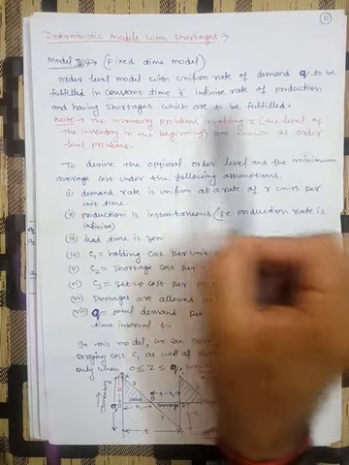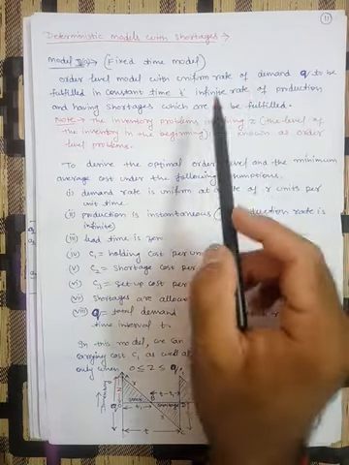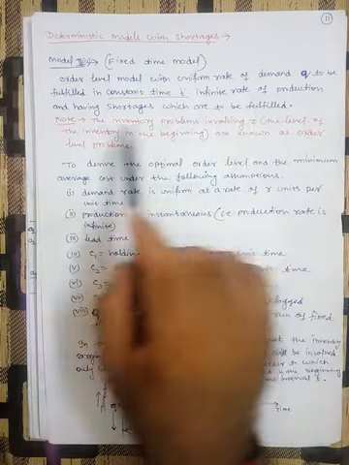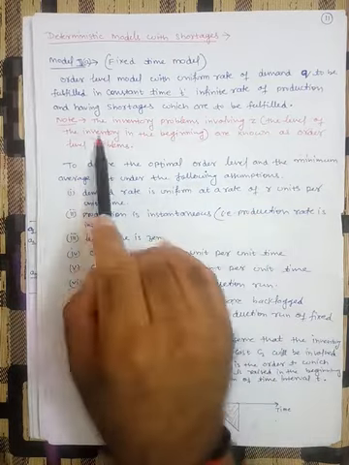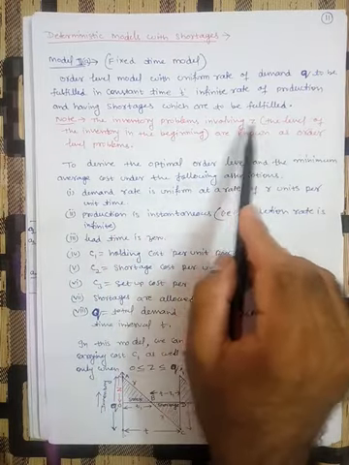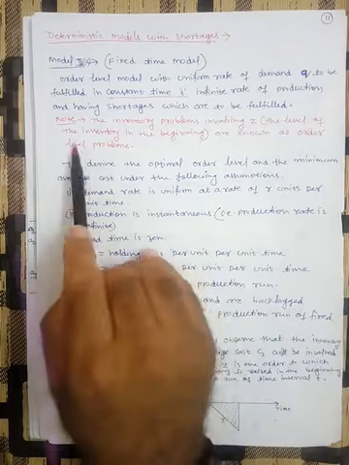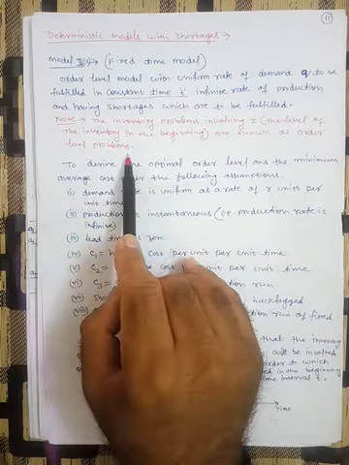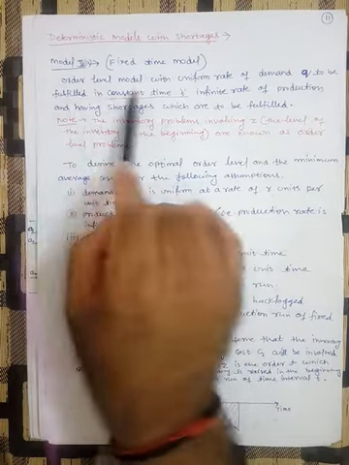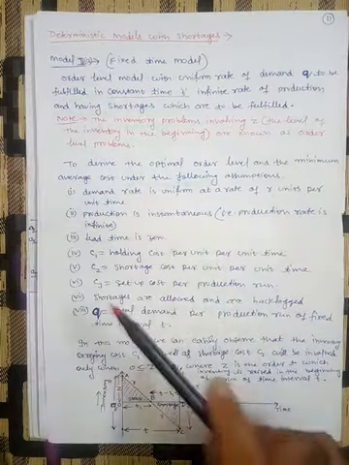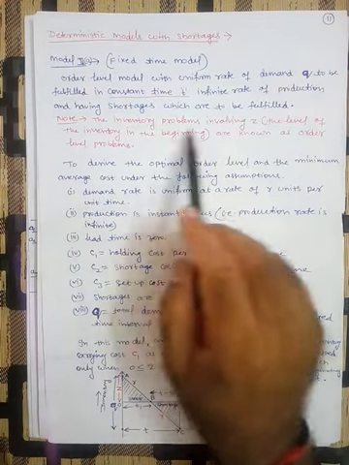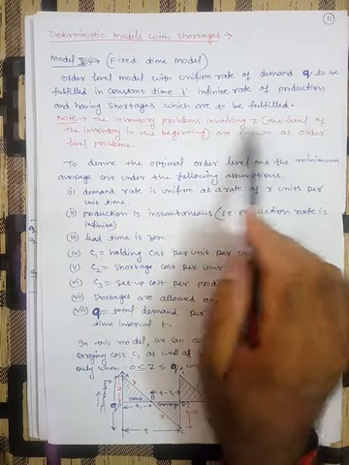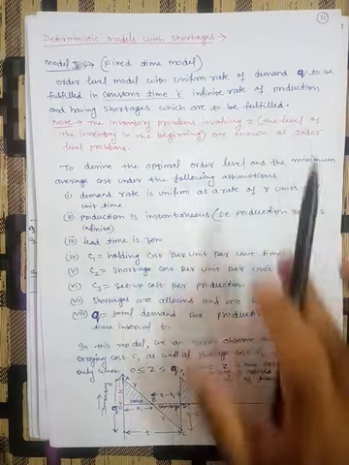Infinite production rate means जैसे आपने ऑर्डर किया तुरंत आपको मिल भी जाएगा, ठीक. But shortages which are to be fulfilled. Note the point: the inventory problems involving Z, small z. What is Z? The level of the inventory in the beginning. Such problems are known as order level problems. तो जहाँ हमें the level of the inventory in the beginning पता हो, these are known as order level models.